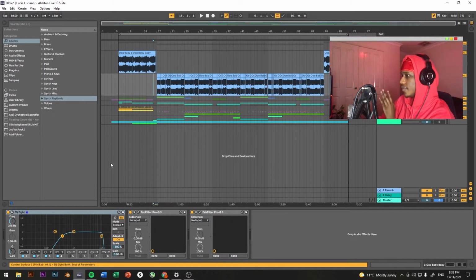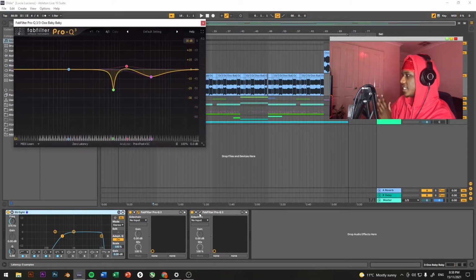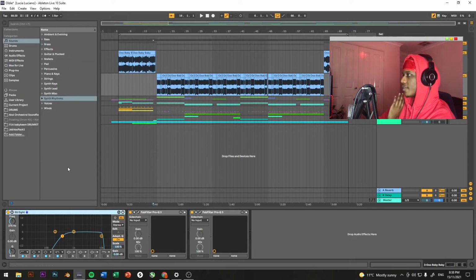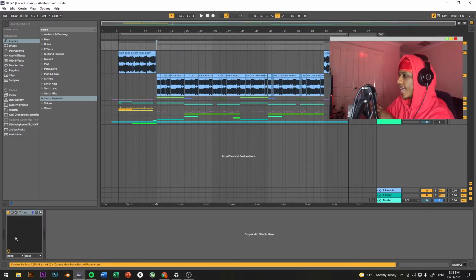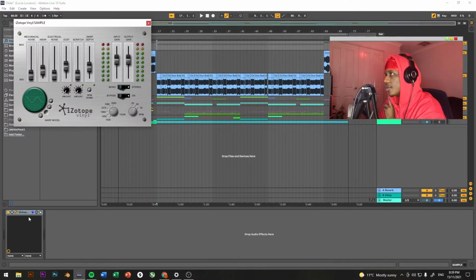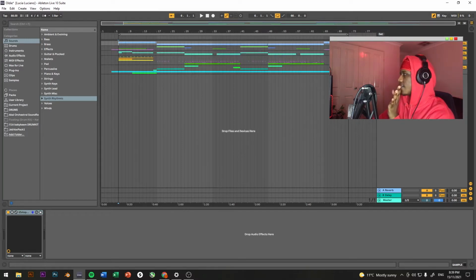In terms of plugins, I didn't really go too crazy, just EQs, just to get rid of all the ugly frequencies that I don't need, especially at the bottom. I did not need all those bottom frequencies because those are going to be carried by the bass, so they're out of there. And then on top of that, I also put on this iZotope Vinyl plugin. If you are going to use older samples, and especially if you're trying to pay homage to older time periods, try to make the sound a bit shittier. It creates a much richer tone to the sound. So that's it on that.